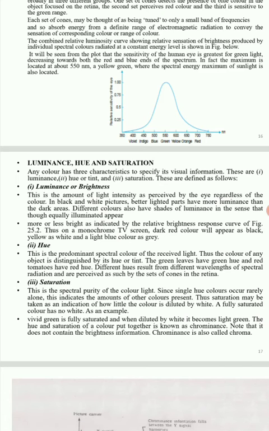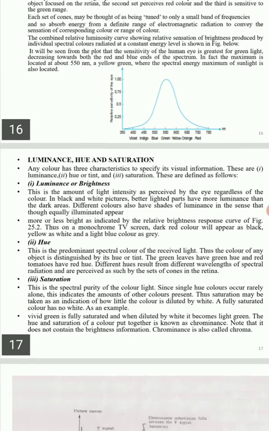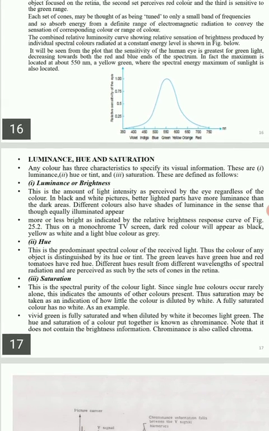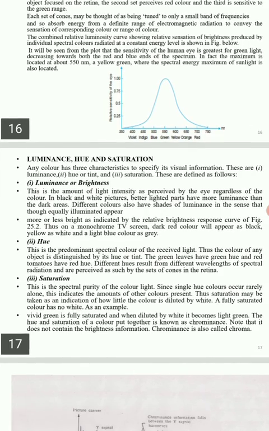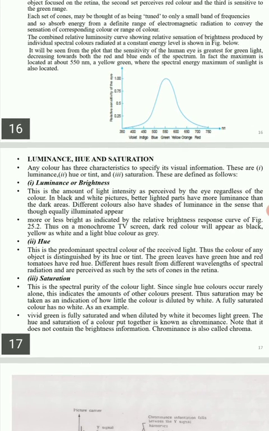So we can say the different hues result from different wavelengths of spectral radiations, and these are perceived as such by the sets of cones in our retina.